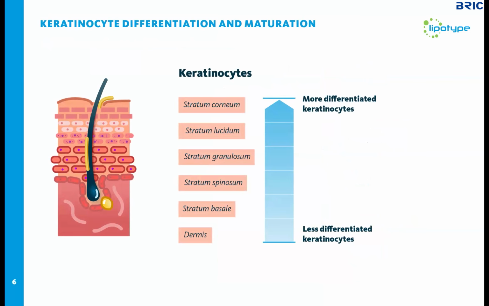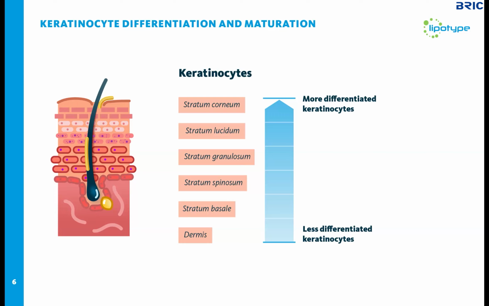A few words about keratinocyte differentiation. Keratinocyte differentiation is also tightly interconnected with lipid biosynthesis and complexity of the lipid matrix in stratum corneum. So everything begins in stratum basale, where keratinocyte starts its differentiation pathway. And as it progresses to the top through stratum spinosum, stratum granulosum, stratum lucidum, up to the stratum corneum,